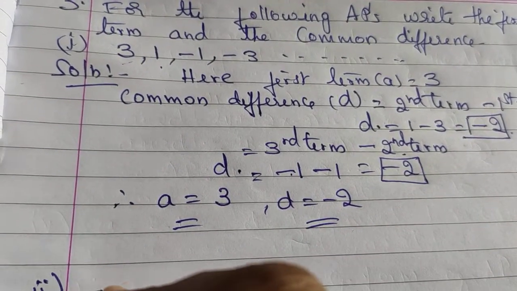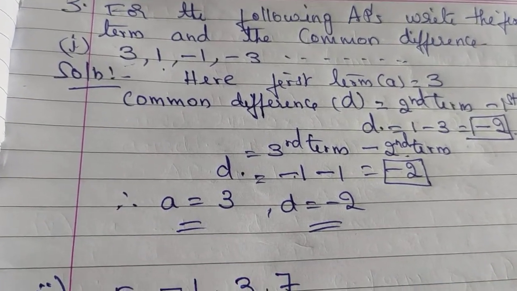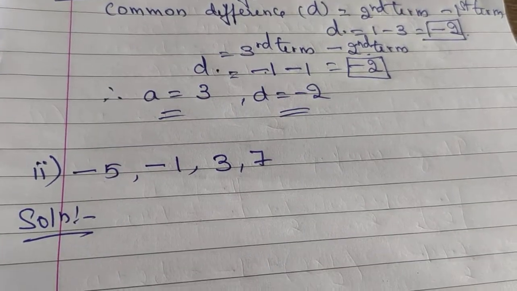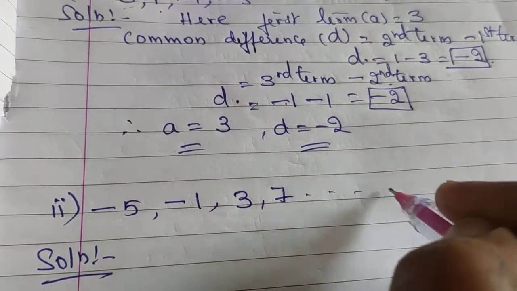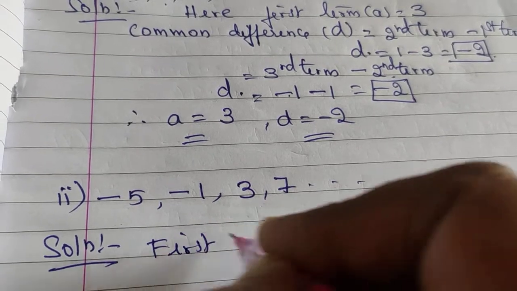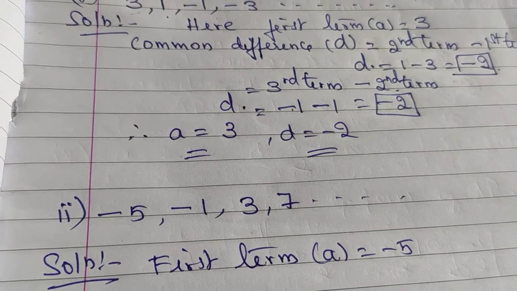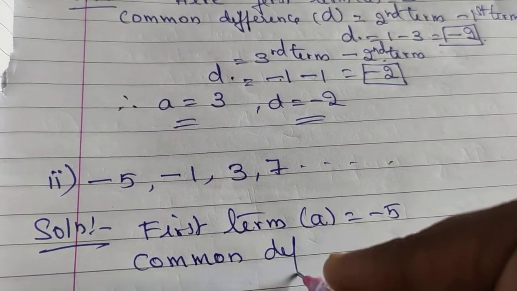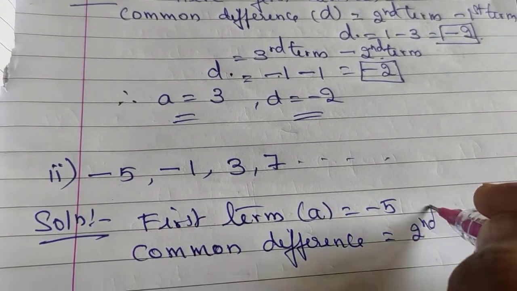So I have minus 5, minus 1, 3 and 7. This is my second question. Here what should I find now? I should find the first term, then I should find the common difference. Okay, I can see here this is an AP they have given. So the first term A is minus 5. Okay, so let me check for common difference now. So the common difference is equal to, so second term minus